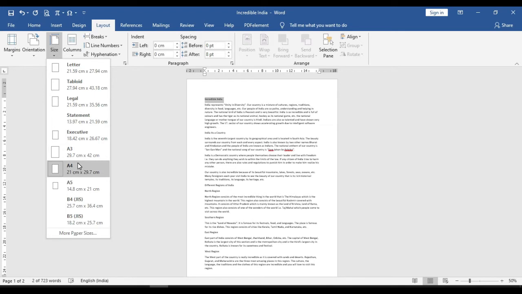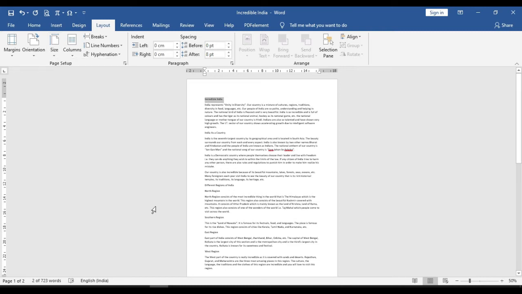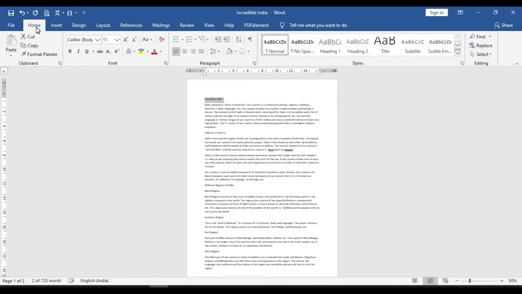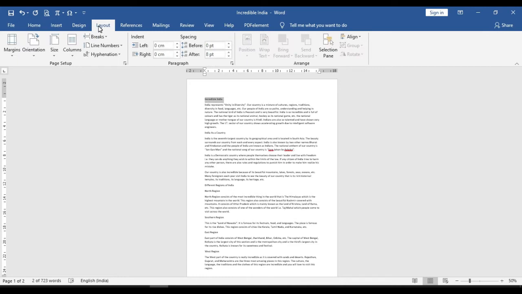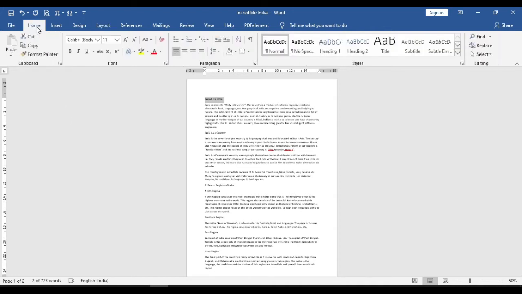It also helps you to determine how the output will be look like when you take a printout using a printer. So till now we learned that there are two types of page orientation. Those are portrait and landscape. For changing the layout of the page orientation, we have to go to Layout tab, then click on the Orientation option and select the desired option like portrait or landscape.